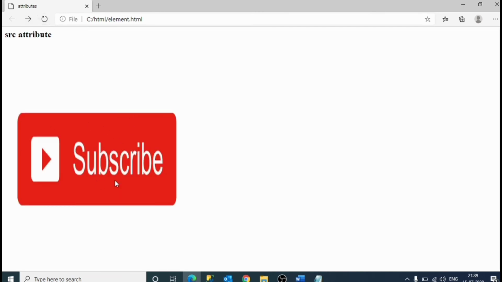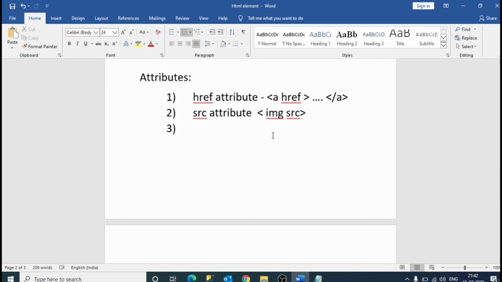See, this is called the src attribute. Next is the width and height attribute. An image tag should also contain width and height attributes, which specify the width and height of an image.